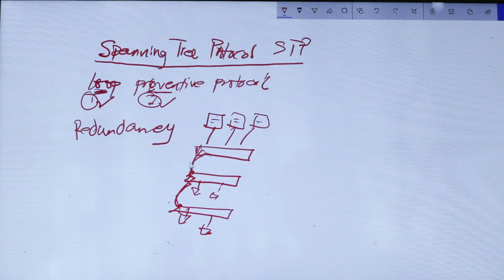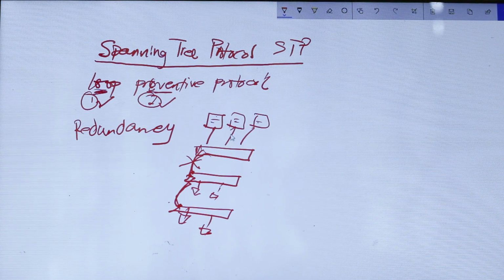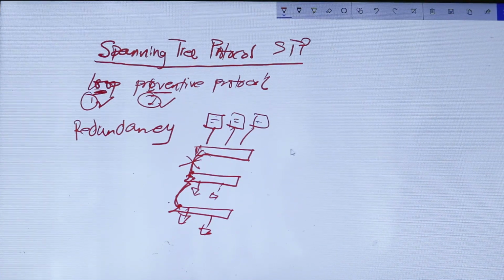We say this is a single point of failure. We don't recommend this topology in the sense that if a link goes down here, it will affect every user. They won't be able to communicate with the servers. Okay? So we say in this topology, there's no redundancy. It's not a good thing. It's not recommended. Compare this topology to this one.